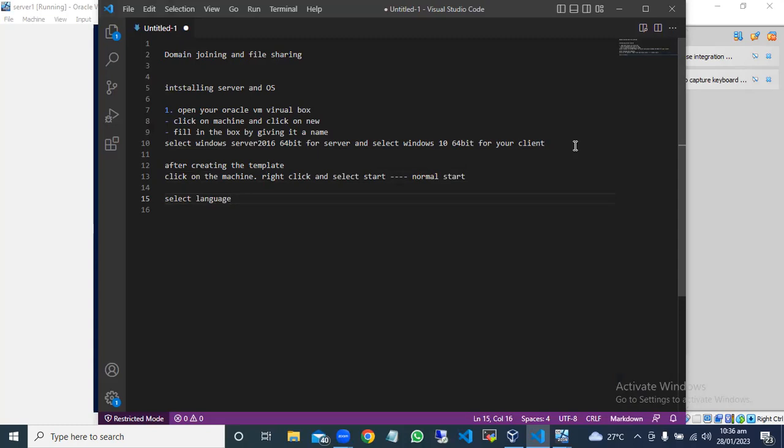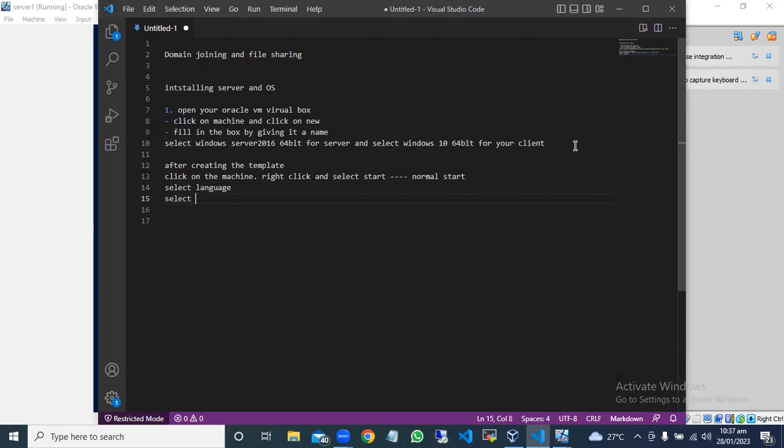Select language, like I told us before. After selecting your language,